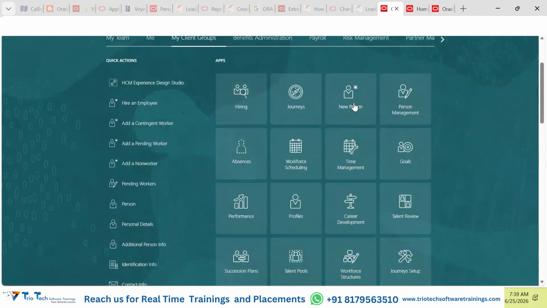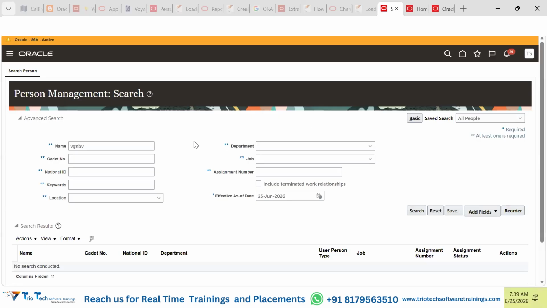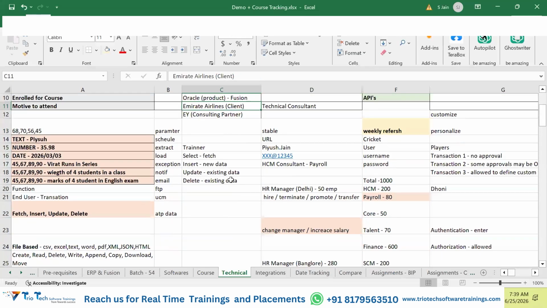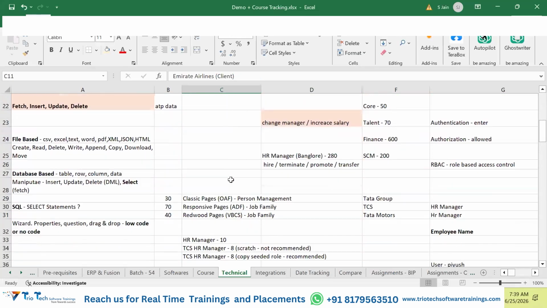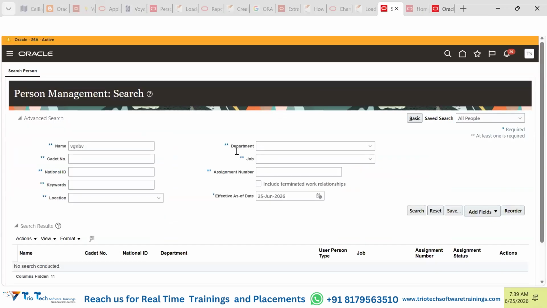Guys, these pages, these tiles, these sort of icons that you are able to see, some of them, if you click there, you will see they will open up a page directly. There is a direct page opening possible. In the Fusion application that we are going to see, once Oracle rolled out this software, the initial page, the look and feel, this UI has been designed. This sort of pattern, did you see?